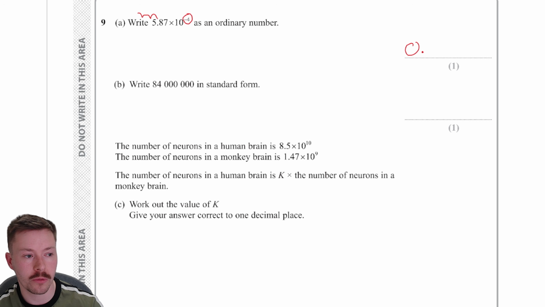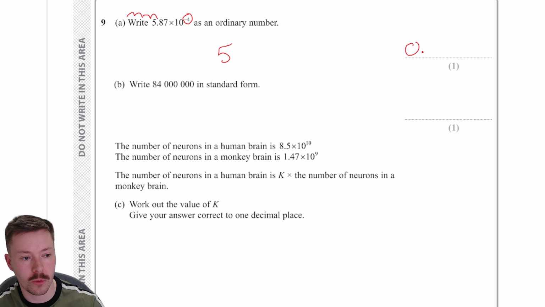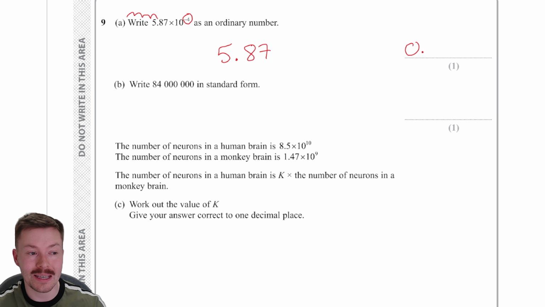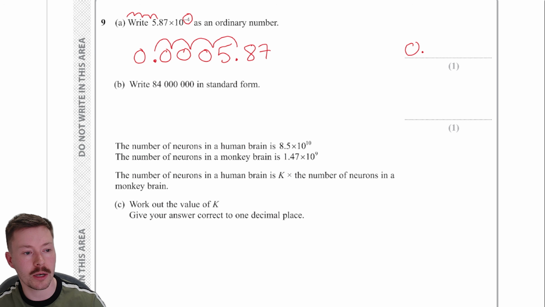1, 2, 3, 4. Now, it's a bit hard to see on there because of the words next to 5.87. But if I do it here, 5.87, we're going to divide by 10 4 times. We're going to move the decimal point to the left 4 times. 1, 2, 3, 4. We're going to drop it down here. We've got a 0 out the front, and we fill in each of these gaps with zeros. And so that leaves us with